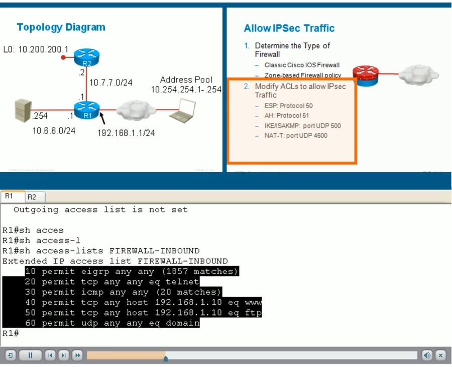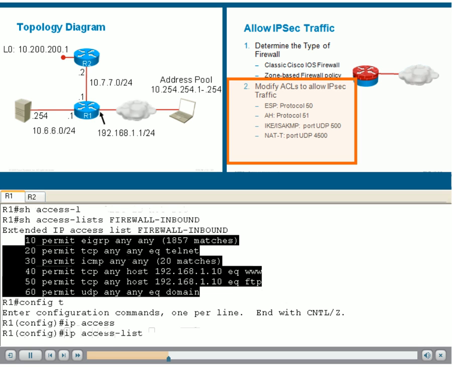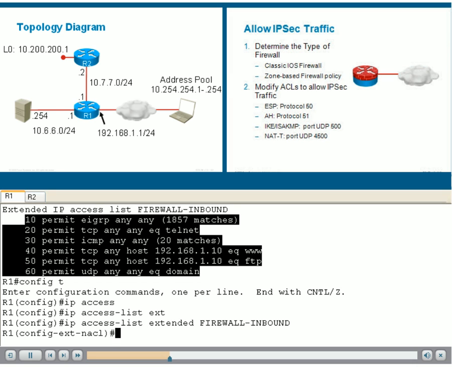Let's add those items to our ACL. It's an extended ACL called firewall-inbound. Let's add them at the beginning of the ACL. We will insert line 4,